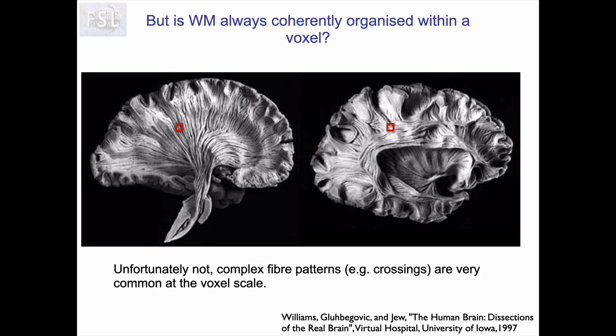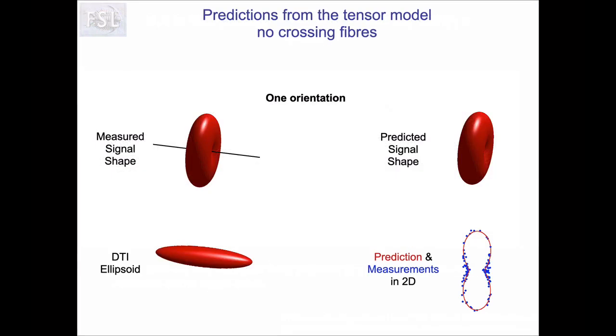So let's actually look at what the signal looks like for such a voxel where we have multiple fiber orientations. Well, let's first look again at a single fiber orientation. So in the upper left, the black line indicates this single fiber orientation, and the red disk essentially shows the signal which we would expect given that single fiber orientation. So we have very little signal if the gradient is aligned with the fiber orientation, because in that direction there's a lot of diffusion and hence a lot of signal loss,